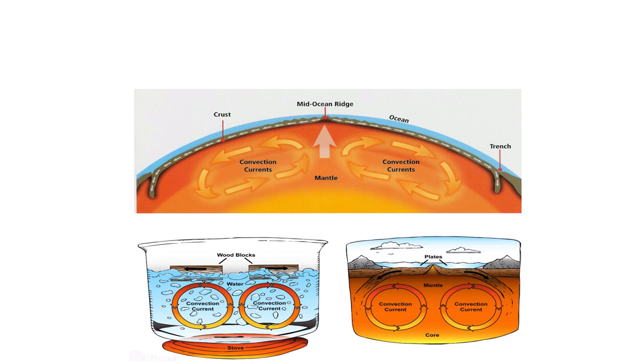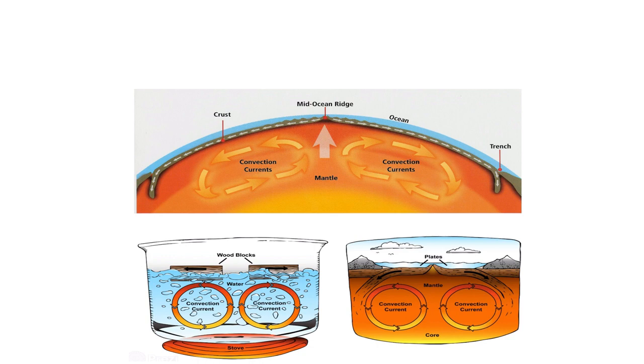Let us take a beaker full of water. As you can see in this figure, also take two wooden blocks floating on the surface of the water. Now let us heat the water. The water gradually vaporizes and moves up, and reaching a certain level it condenses and comes back in the beaker. Thus a cycle is created, and after some time you can notice the wooden blocks move away from each other. That is all about convection current.